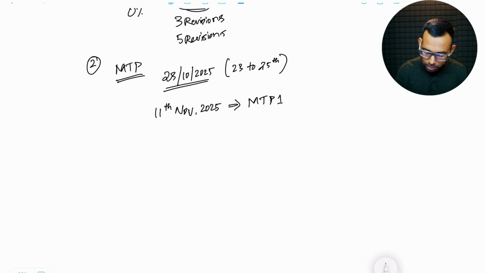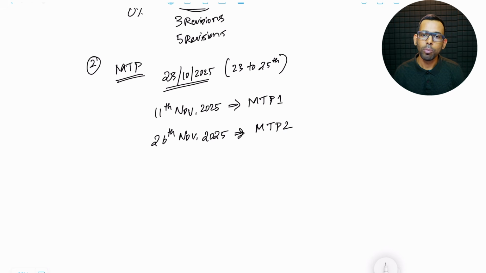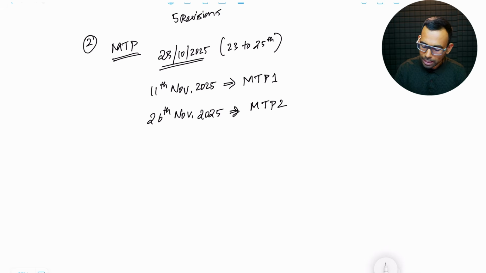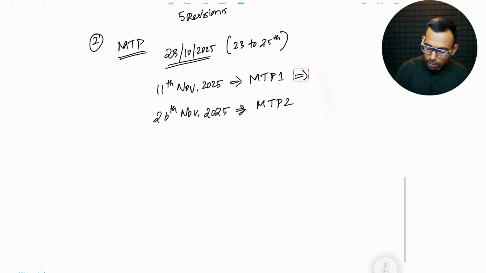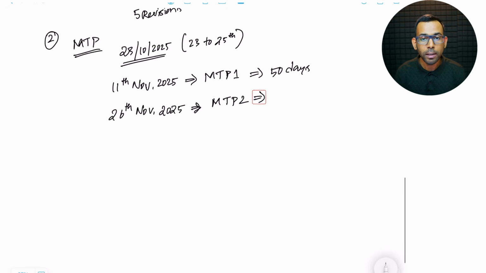And the second thing is, by 26th of November or 25th of November, let's keep it 26th of November 2025, you should have started writing MTP 2. So that is the second point that I want you to keep in mind. There is not much of a scientific thing. From 11th of November till the exam, there are 50 days, which is my benchmark or my standard timeline